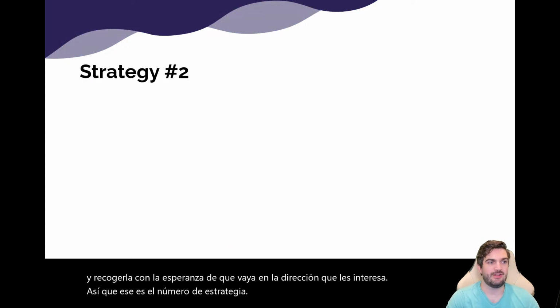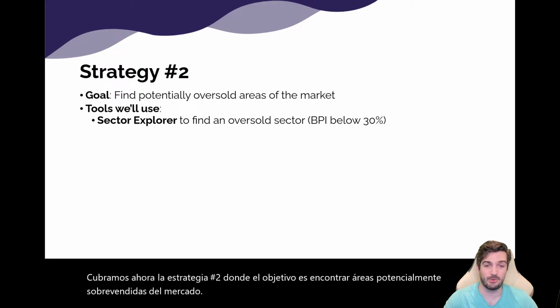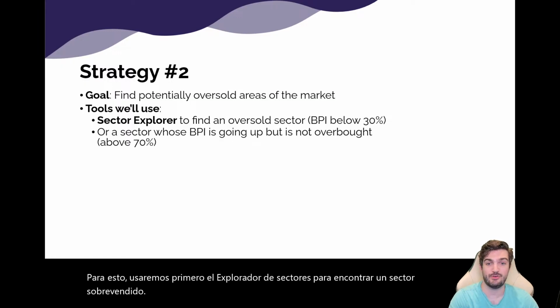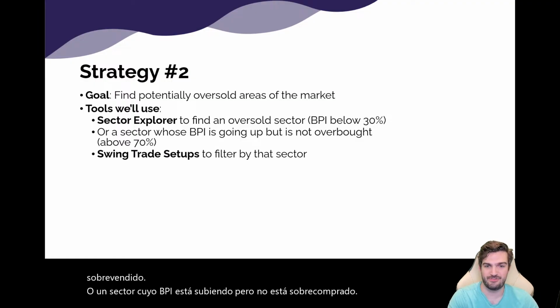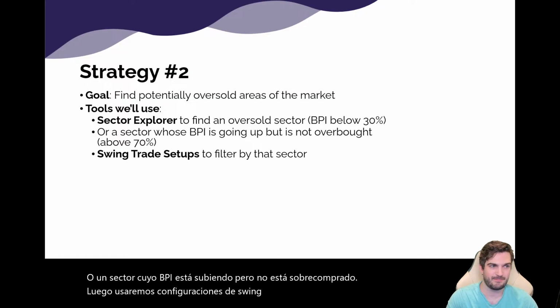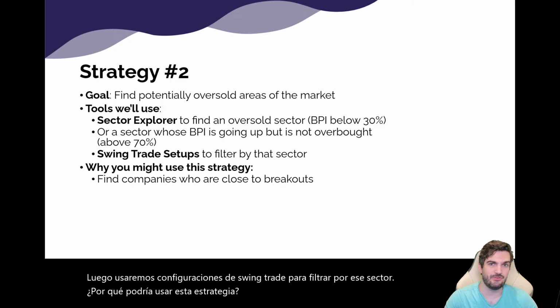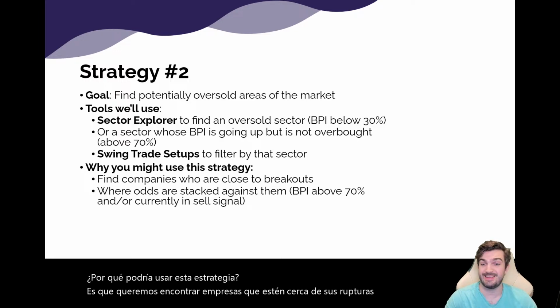Let's now cover strategy number 2, where the goal is to find potentially oversold areas of the market. For this, we'll use the Sector Explorer first to find an oversold sector, or a sector whose BPI is going up but is not overbought. Then we'll use swing trade setups to filter by that sector. Why you might use this strategy is that we want to find companies who are close to their breakouts, where the odds are stacked against them,